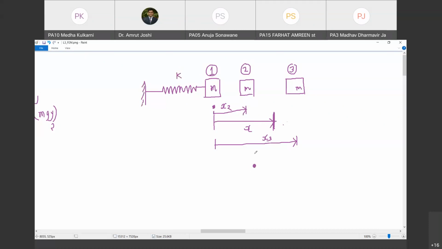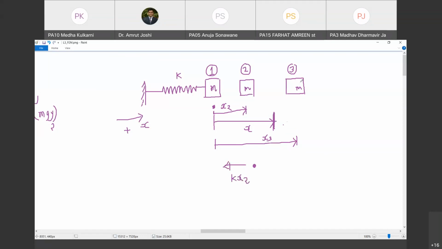Yes, sir. And in which direction is it going to act? Positive. What positive and what negative? We have not defined. This is usually positive. So in which direction does the spring force act at position number 2? Tell me. So positive. How? You have stretched the spring. The spring will try to pull the block back. Negative. So therefore, at this position, you have a spring force which is equal to k times x2. Do you agree with me?